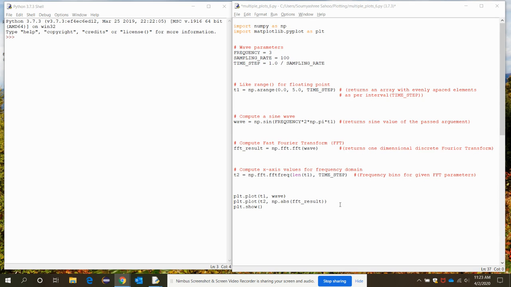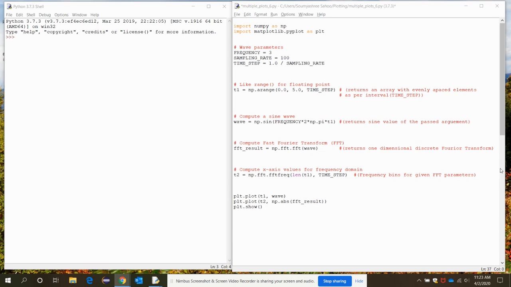Multiple subplots. Sometimes it is helpful to compare different views of data side by side. To this end, the Matplotlib library has the concept of subplots for grouping smaller axes that can exist together within a single figure. So before going to that,